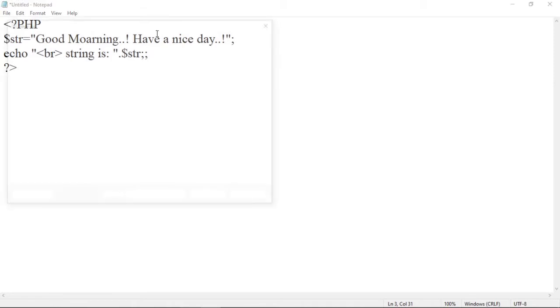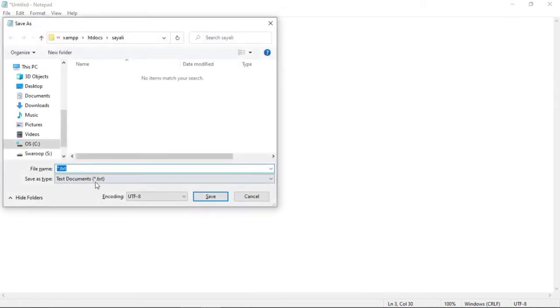Now just save this program. Control S. Save this program to your project location folder. Let us name it string demo dot php. Save it with a PHP extension.